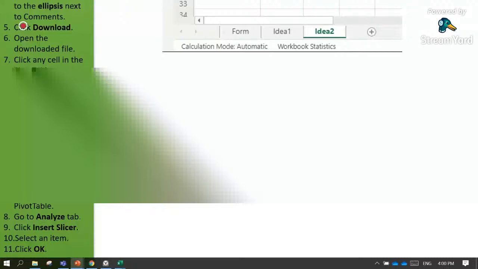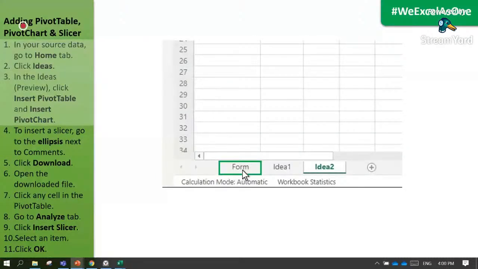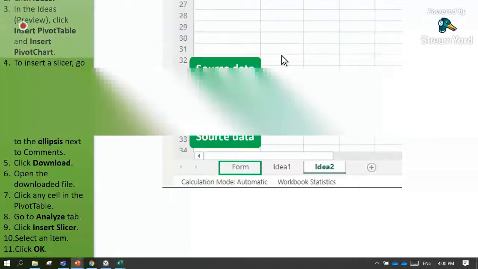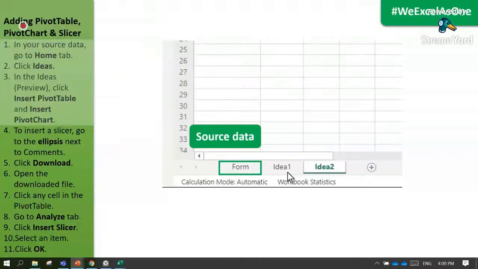The first worksheet is the form worksheet, where our source data is found. Now the next sheet tab is Idea 1. That is what appears when we click Insert PivotTable.